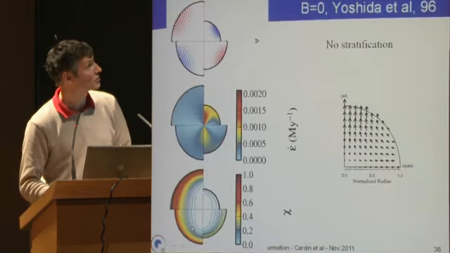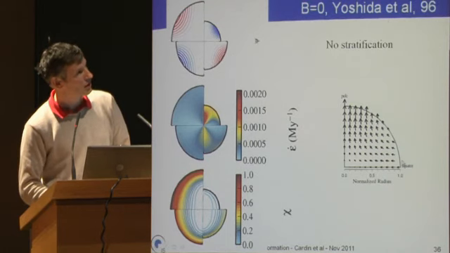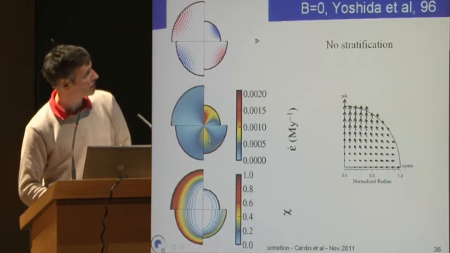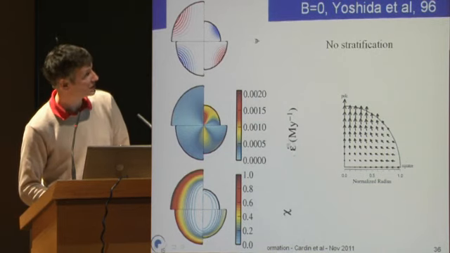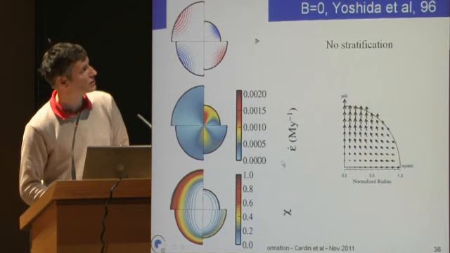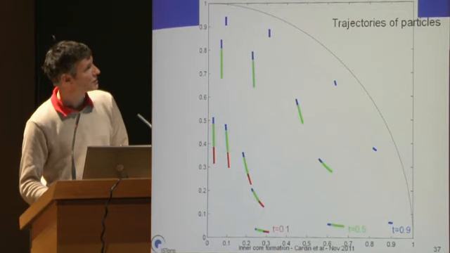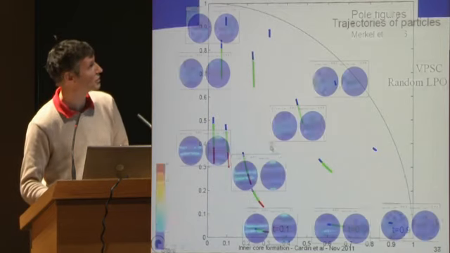Okay? So with no buoyancy number, no stratification, B equals 0, we find the Yoshida model, where you have the differential growth, as I explained already. And when you do that, you produce texturing by stress tensors, but these stress tensors need 1 billion years to produce deformation texturing in the core. But, okay, so we jump on that.